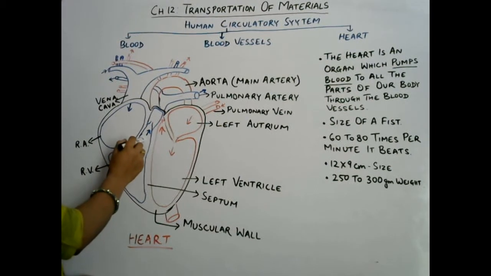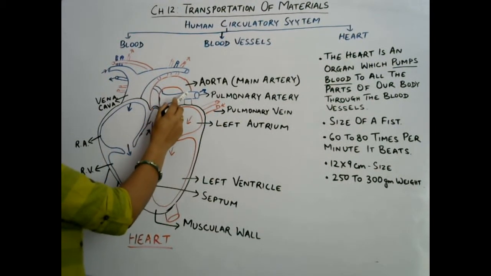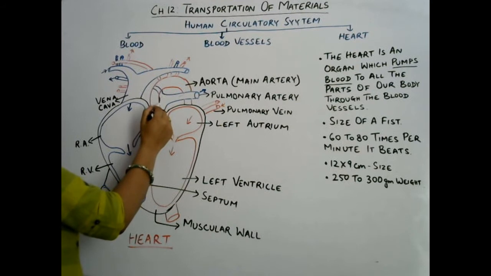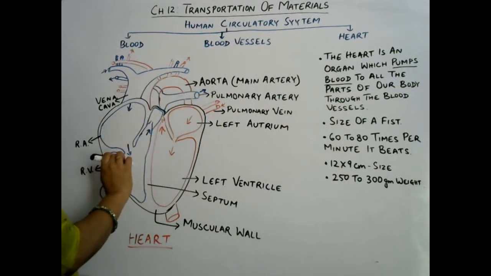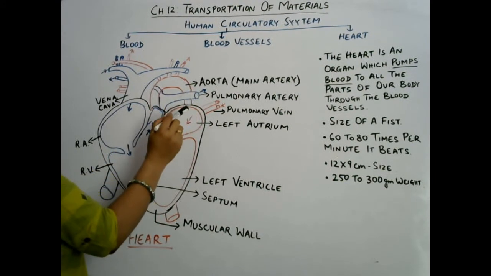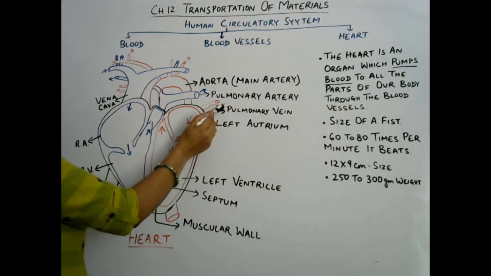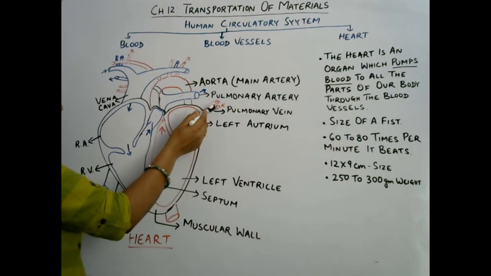Then from right ventricle it goes towards the pulmonary artery, exceptional artery, right, that carries impure blood from right ventricle to lungs for purification. After that, after purification, pulmonary vein carries pure blood, oxygenated blood from lungs, and it's supplied